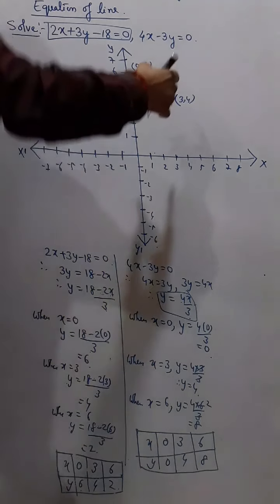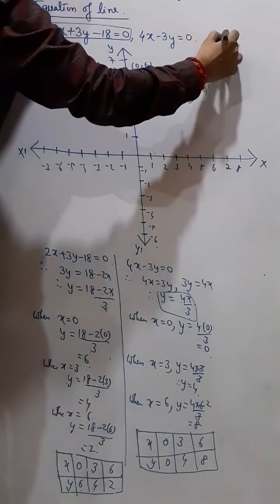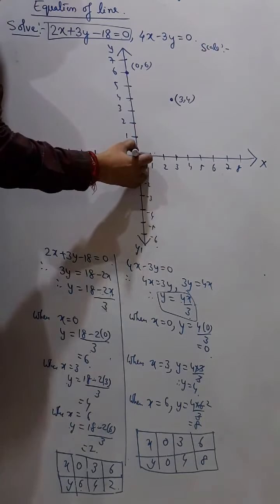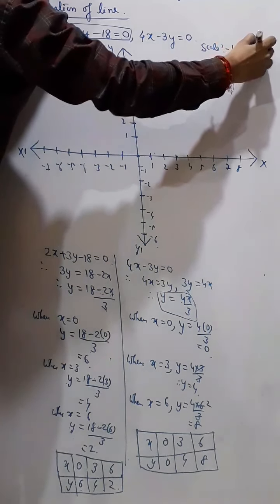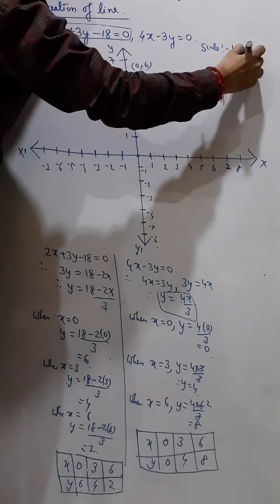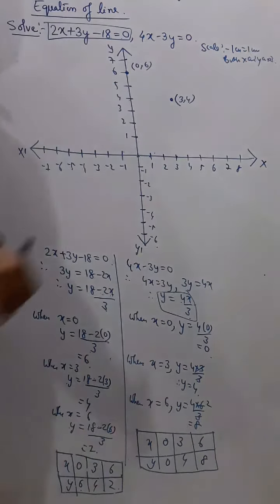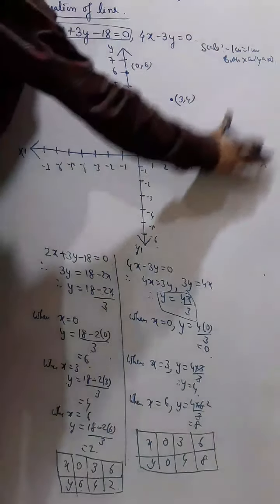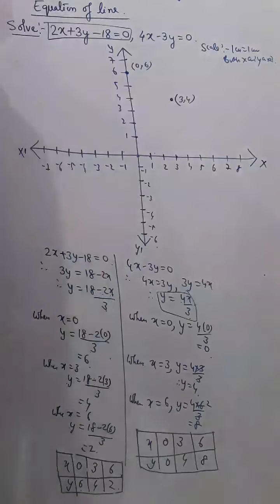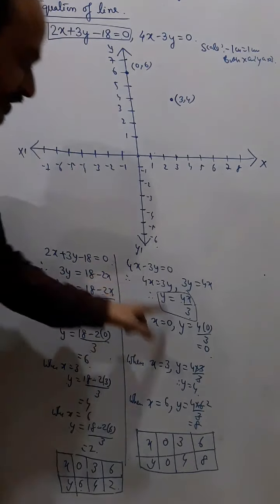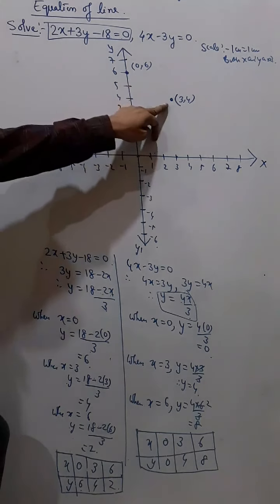Yes, I also forgot to mention one thing. I have already told you, you have to write the scale also. Generally we take 1 centimeter, we'll write 1 centimeter is equal to 1 unit, on both x and y axis. So the scale you should always write, and always remember on the graph sheet use only pencil. You should not use any pen. You can do the calculations in a single line with pen. Okay. So this is the second point, 3, 4,